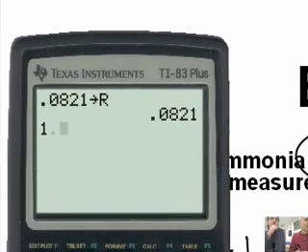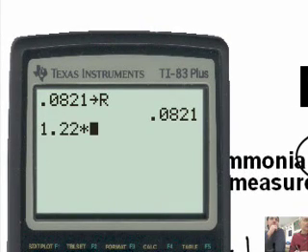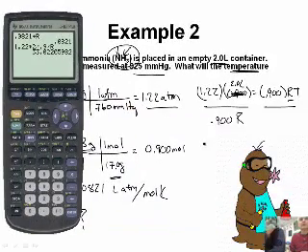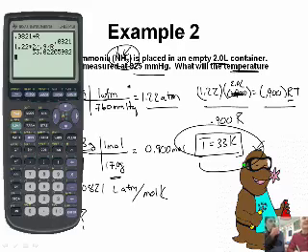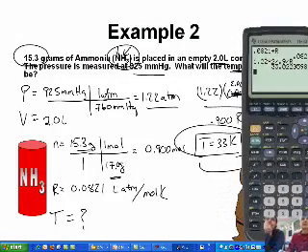So now what I'm going to do is take 1.22 times 2 divided by 0.900. Those are both on the bottom, so don't forget you're going to say divided by. Don't hit times there. If you hit times, you'll be all screwed up. Divided by alpha R. And I get this number. T equals 33, and that's going to be in what units? Kelvin. That's very cold, Mr. Sims. Yeah, I would actually be surprised if ammonia is still a gas at 33 Kelvin. My guess is it's probably a liquid. But that's how you solve that problem.